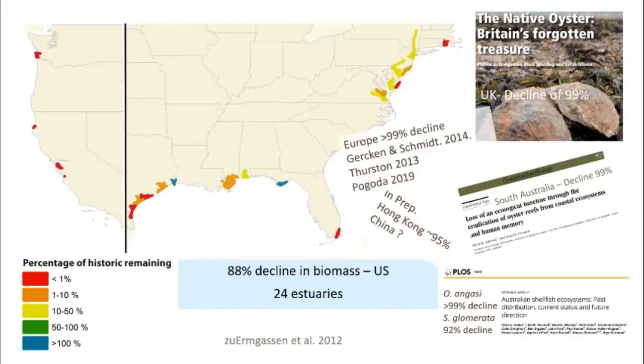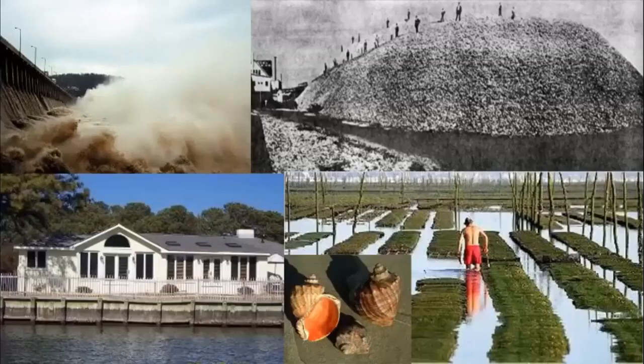China, we're currently estimating, and there's work going on in the UK and Europe on a similar scale. But in summary, we have very little of these habitats remaining. So the question on that large scale is, what happened? What have we done? And there are a number of different causes for that decline that people point to, but